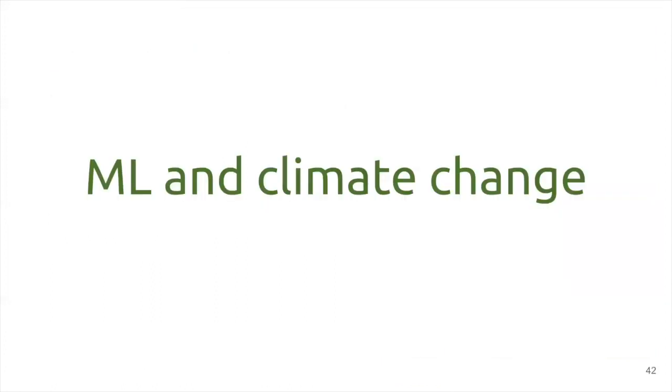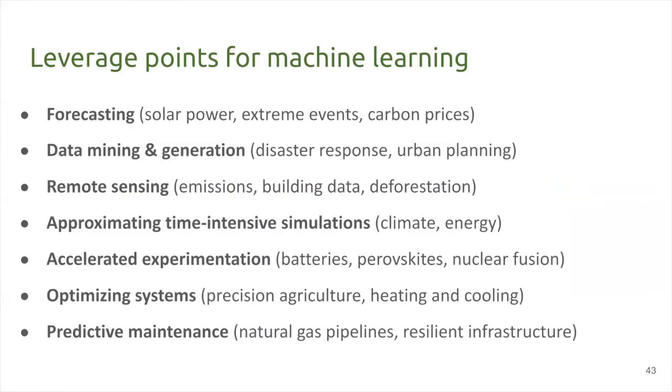Okay, so now we've seen the physics of climate change, the basics, mitigation and adaptation. Now let's draw in what the connections are with machine learning. Across a variety of application areas, there are a few common leverage points, a few recurring themes. So let's walk through these. Forecasting, data mining and generation, and remote sensing. All of these ideas are useful because machine learning has a way of taking raw data, which is not directly useful for you, into a distillation that is immediately actionable.